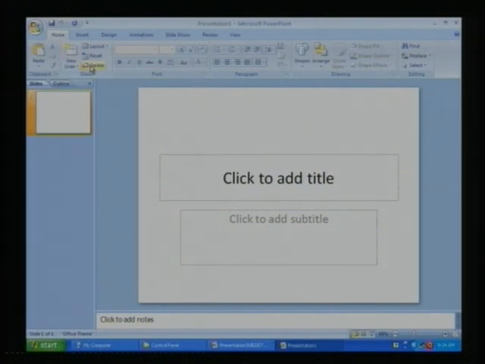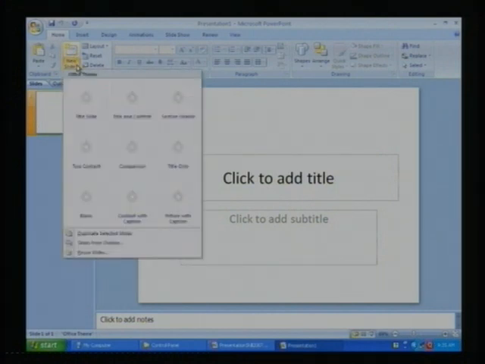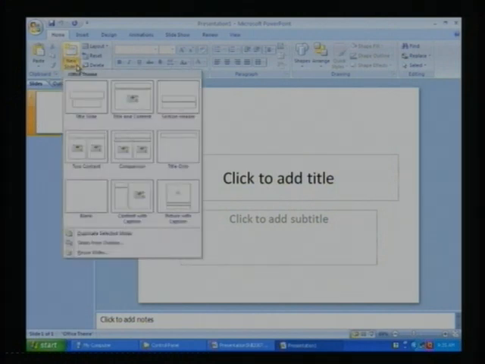So the first tab is your Home tab, in which if you require a new slide, simply click on the button. When you click on the button, you can view that it gives you which kind of arrangement you have to put down in the slide. If you require just a simple title and a subtitle, then you can select accordingly. If you require a title with a bulleted list, then you can select the next one.